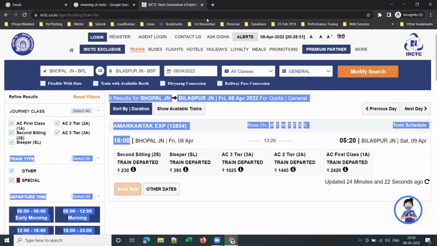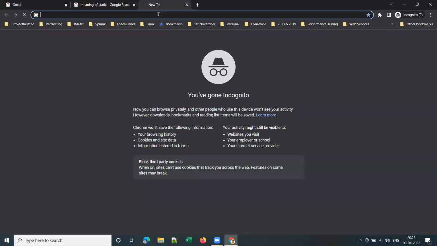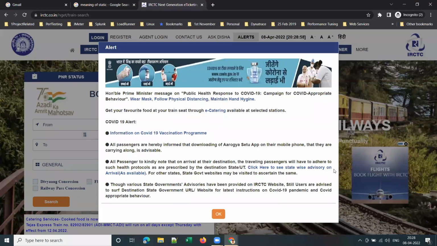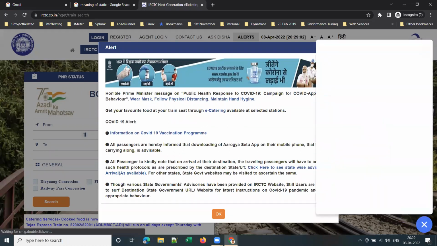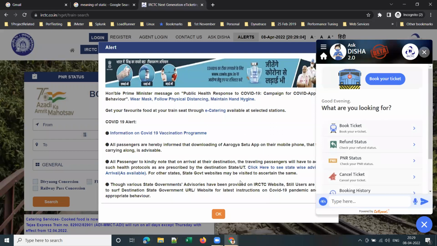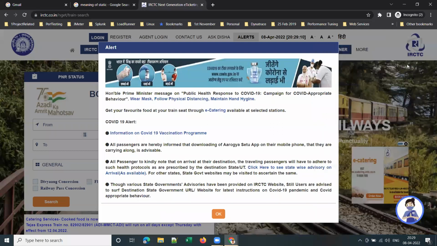But if you simply access the home page of IRCTC, this is the static content. This content doesn't change, isn't it? Understood, guys? And this static content will be served by this web server itself. And how to confirm that? You can simply open